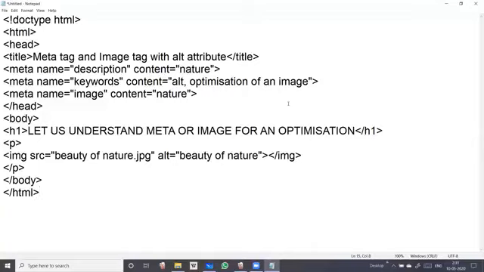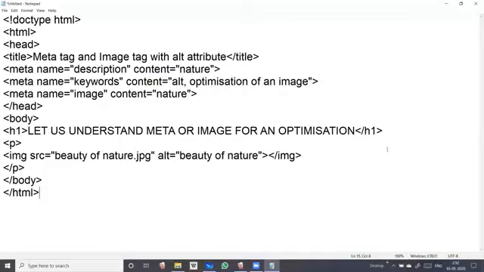Now once we run it, students, whatever content we have typed, whatever is there in the head part except the title is not displayed on the page. The heading will be displayed, and if the source is proper, the image will be displayed.